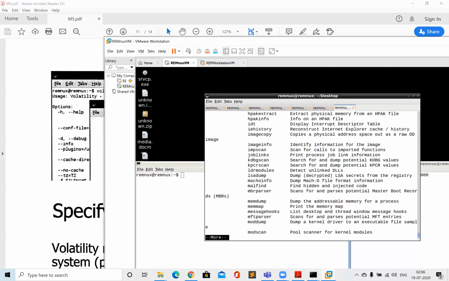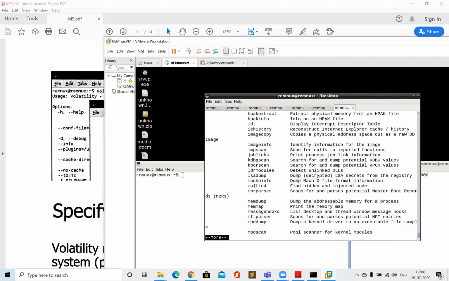Even suppose you know that a system is compromised, but when you're looking at the task list you're not finding any suspicious process, but you are seeing that your explorer.exe is making connections to some C2 IP. In that case, your explorer.exe is actually behaving as malware. The malware injected its code into explorer.exe and it is running its malicious code on behalf of explorer.exe.